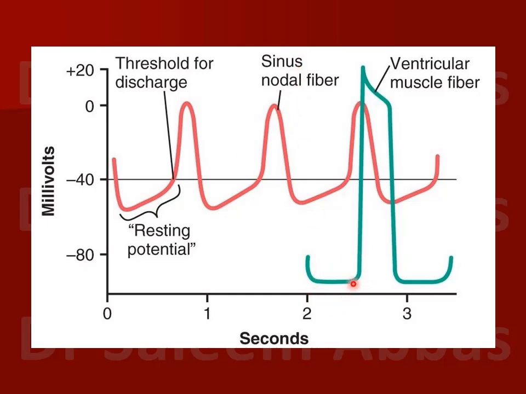We don't see unstable RMP in the ventricular muscle fiber, but unstable RMPs are present in the SA nodal fibers, and we will see what is the mechanism of this unstable resting membrane potential. And this kind of resting membrane potential is also known as pacemaker potential. Such kind of RMPs which are unstable are known as pacemaker potential, okay? So let's see another